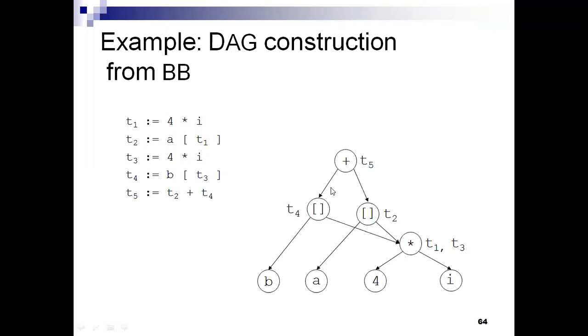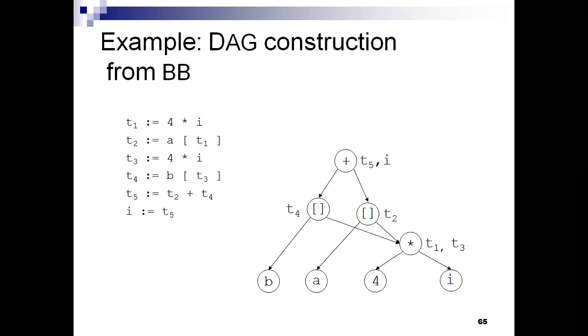Then t5 is equal to t2 plus t4. And what is t2? t2 is a of t1, meaning 4 into I. t4 is b of t3, 4 into I. And finally it is stored in t5 with plus. That means t5 is equal to t2 plus t4. Then finally I is equal to t5. That means the resultant is in a temporary variable t5, and that resultant is then assigned to the variable I. This is the way of representing or constructing the DAG from